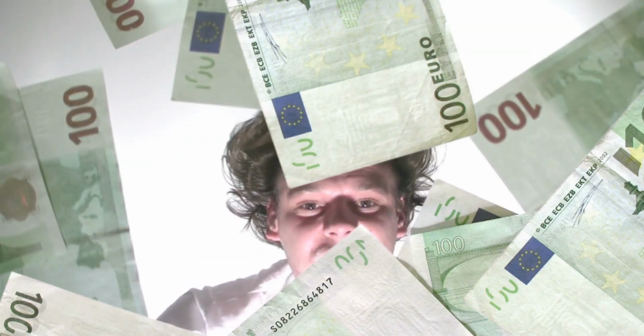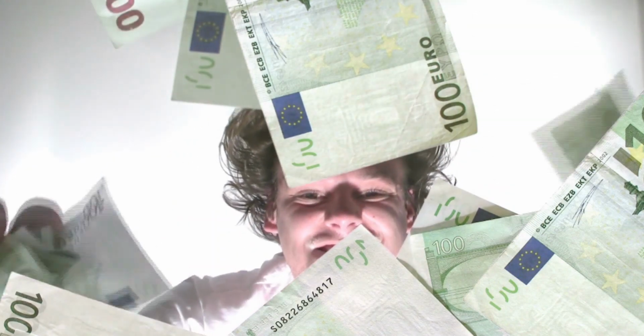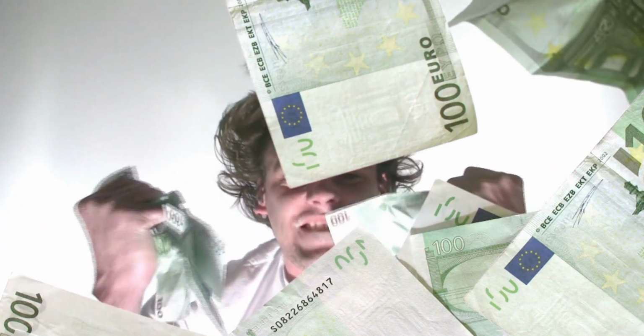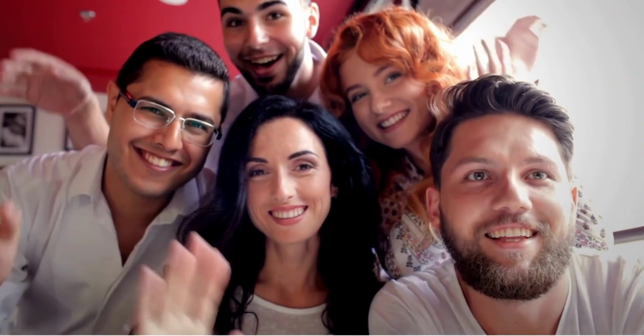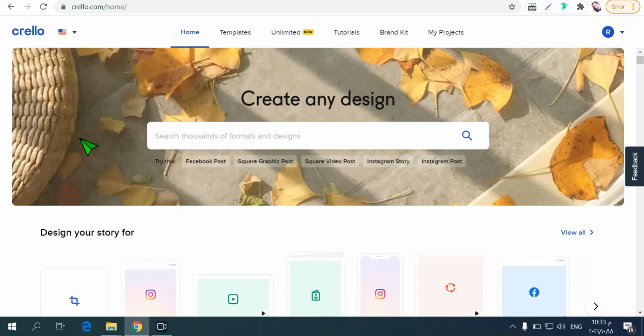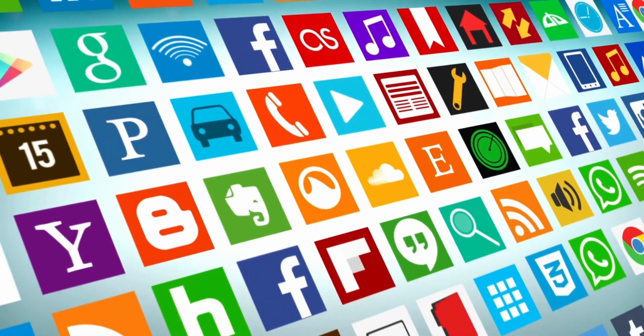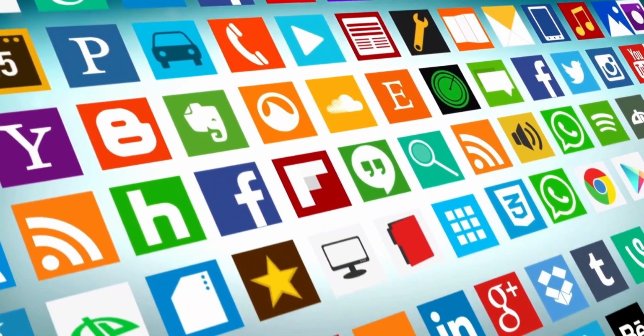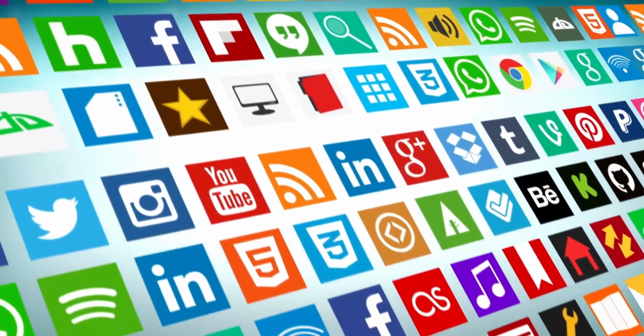If you wanna make $5 each time for making easy templates with no effort, here is yours. So say hi to today's site, Crello.com. If you want to know what Crello is, it's a really fantastic Canva alternative where you can make professional posts for promoting your products and stores and websites on different social media platforms like Instagram, Facebook, Twitter, and Pinterest, and